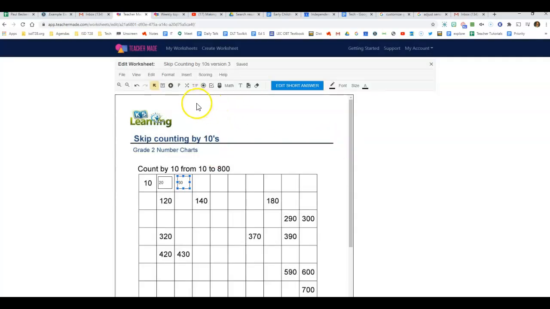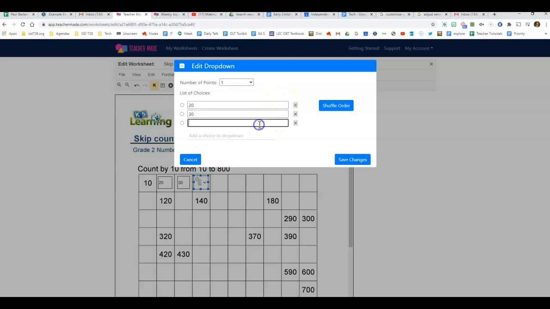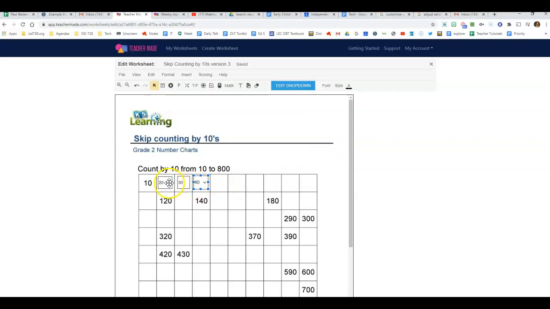Another option would be to do a drop down. So this option here is a drop down menu, and if I choose that, I can click and drag, and then I can edit the drop down, and I could put the choices here. So maybe the students had the choice of 20, 30, or 40, and then I select the correct answer. All right, now it looks like the answers are in there, but that's just the key,